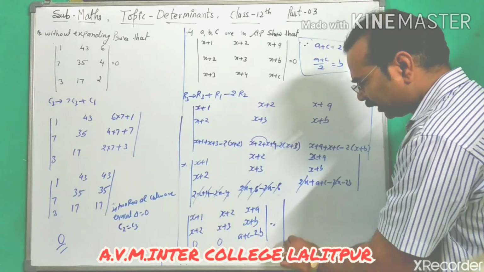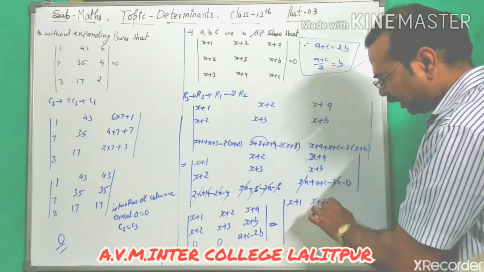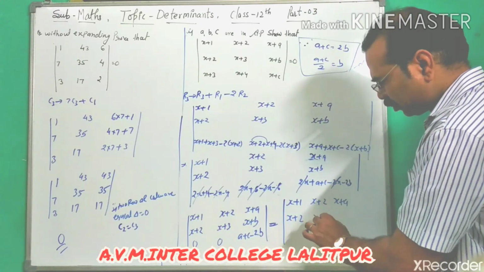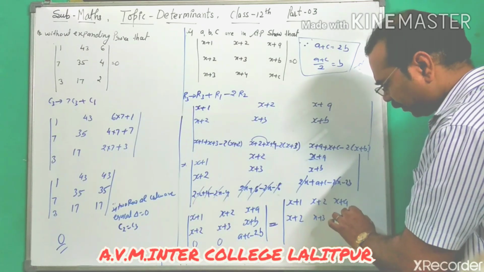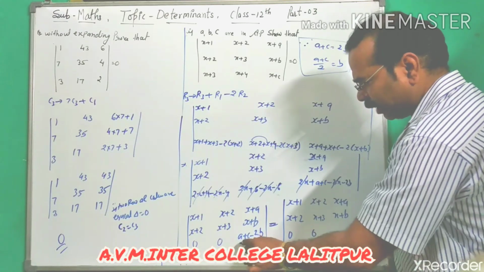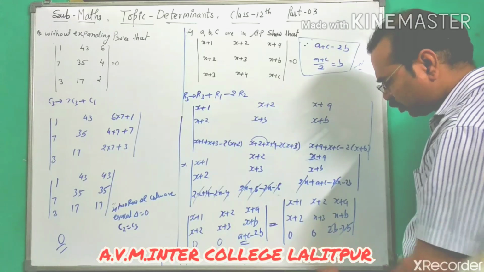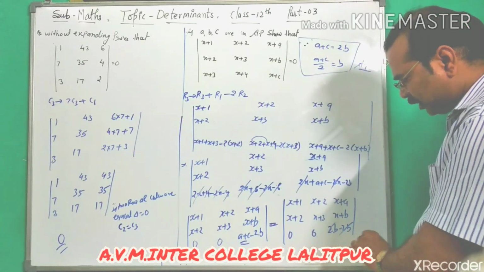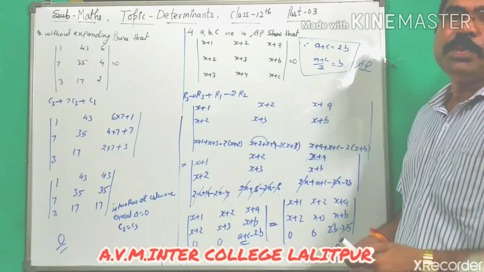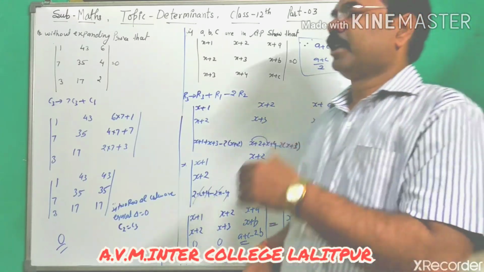So now we have to put in those values: x plus 1, x plus 2, x plus a; x plus 2, x plus 3, x plus b. And here the value is 0, that value is a plus c. We can write the value as 2b minus 2b. That value comes to 0. So now here also the value is 0. So now the whole determinant value is 0. Now we have proved that. Okay students, those were 2 more questions for your determinants topic.